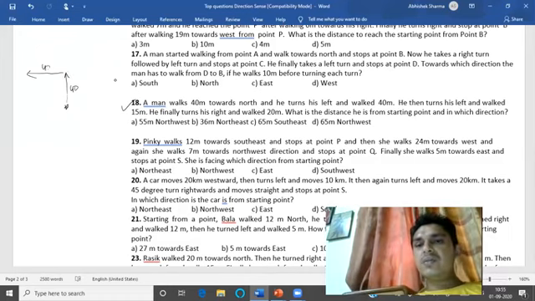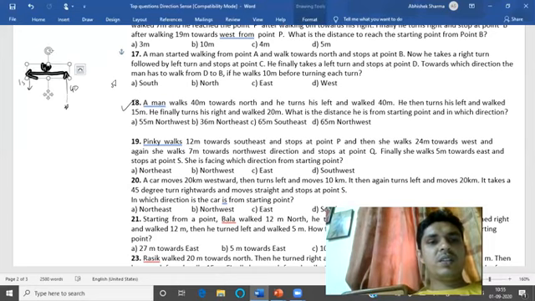He then turned to his left and walked 15 meters. So turn left and walk 15 meter. He finally turns his right and walked 20 meter. So you can take the thing like